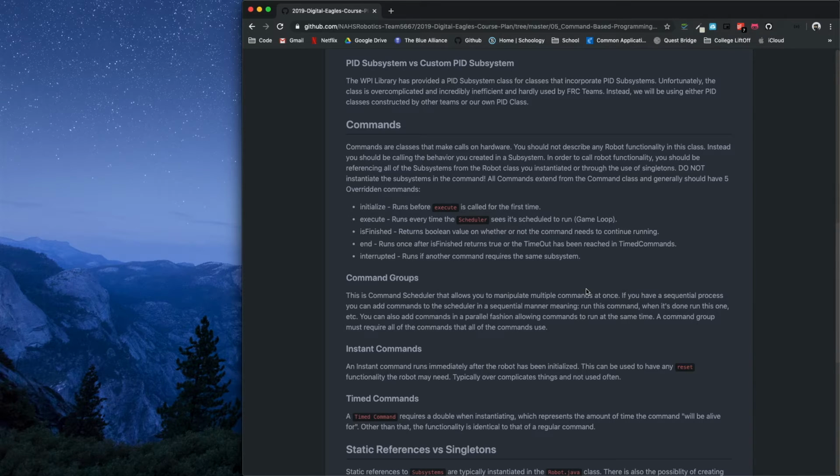The next thing is command groups. So command groups is basically like a command scheduler. Essentially, it allows you to manipulate multiple commands at once. So if there's some sort of sequential process, you can add commands to the scheduler in a sequential manner. This means that as soon as you run a command and it's done, run the next one. So for example,